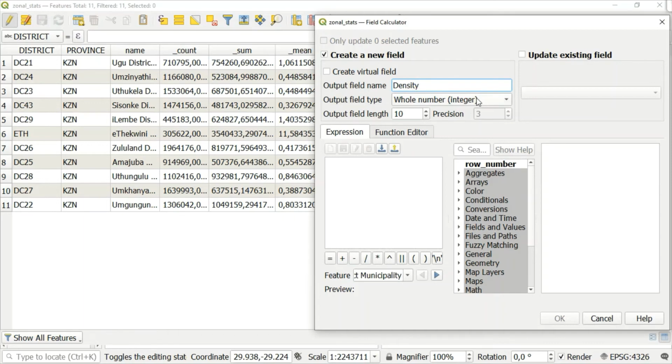Right, the output field type has to be a whole number,